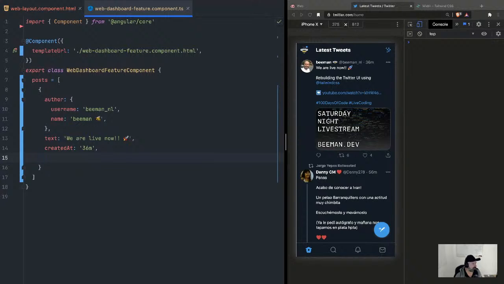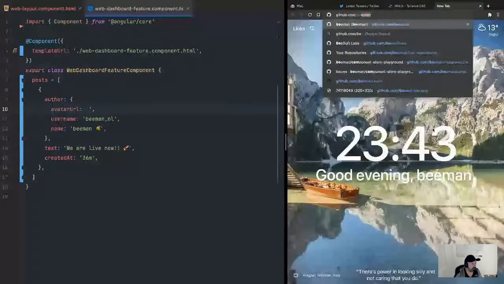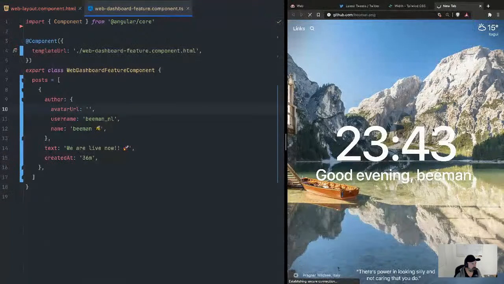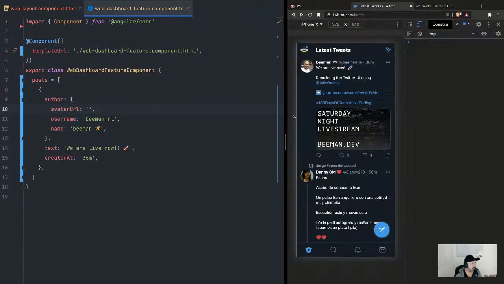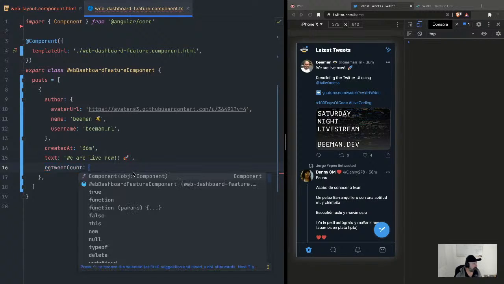And then lastly, what we can see here, if we look at the information, okay, we have avatar URL, which is also a property of the author, avatar URL, and doing again the trick to get my avatar URL from GitHub. There you go. So pop this one in, editor URL right here, avatar URL right here. So we have avatar name, username, created at, we have the text of the tweet, and now we want to have a retweet count,